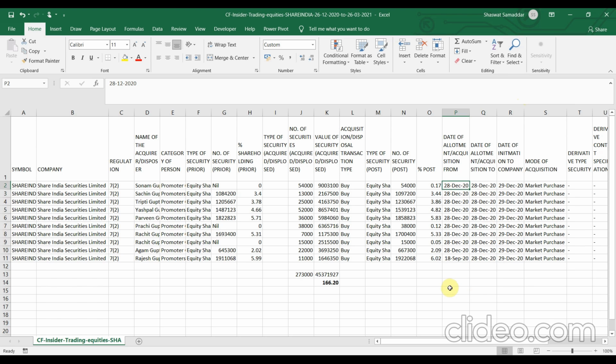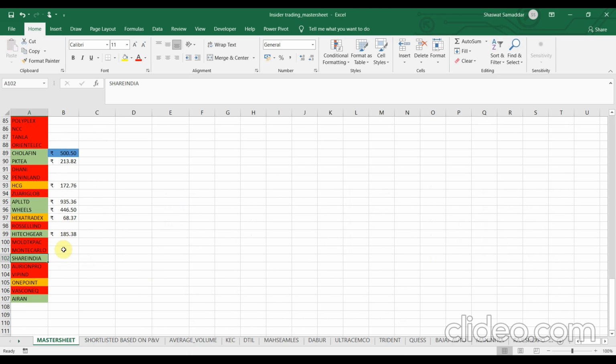In that I have explained in great detail what we have to do after calculating the average price for making an entry into the stock. So go and check out that video. I have explained in great detail what is the role of volume, what is the role of delivery percentage, and what happened in the stock after the date of allotment, how is that even relevant. I have explained all those things in that particular video, part 4. I would provide you the link separately for the fourth part in the description box, and you could also check in the I button. So let me just note this number down, 166.20.